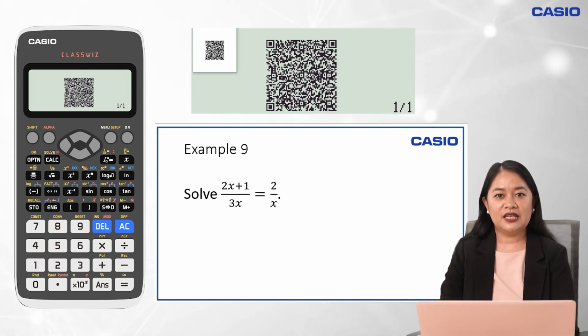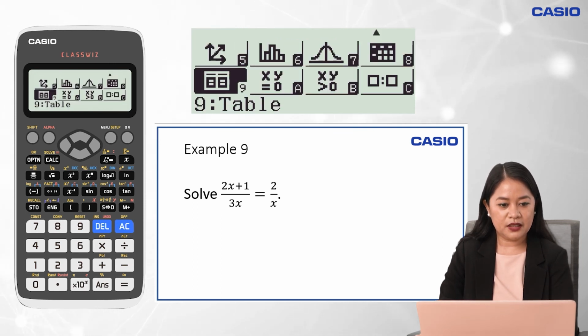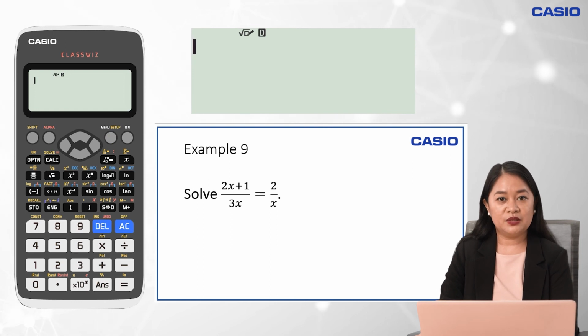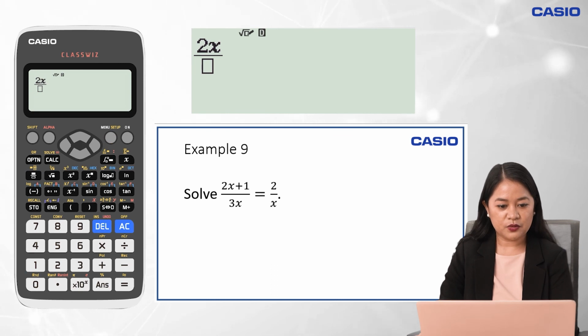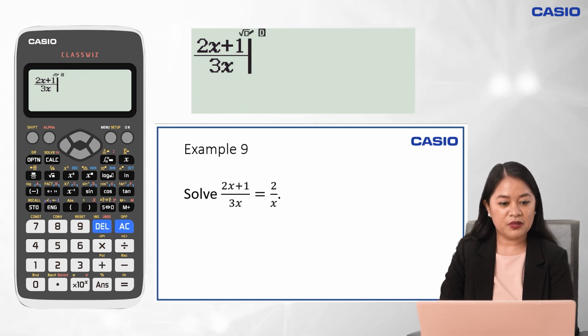This time around, let us solve this rational equation. Recall that a rational equation is an equation that has at least a term which is a rational expression. To solve this given rational equation, Calculate menu can be used to easily compute for the value. So press Menu and 1. Then we input fraction 2x plus 1, right arrow key, input 3x, right arrow key, then we input an equal sign by pressing alpha